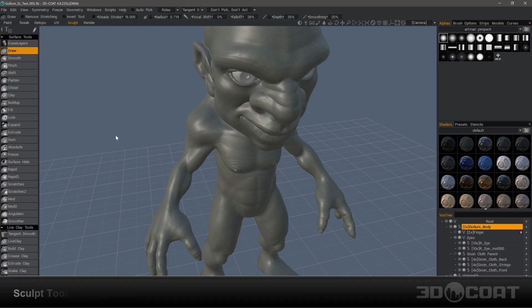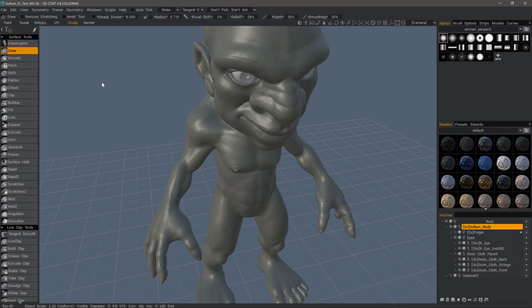Let's explore the Pose tool in 3D Coat's Sculpt workspace. It not only allows you to pose a character, but also it's an advanced transform tool that you can use as a Swiss Army knife for modeling in this environment. I should also mention while I'm at it, if you find the modeling in this environment is not what you